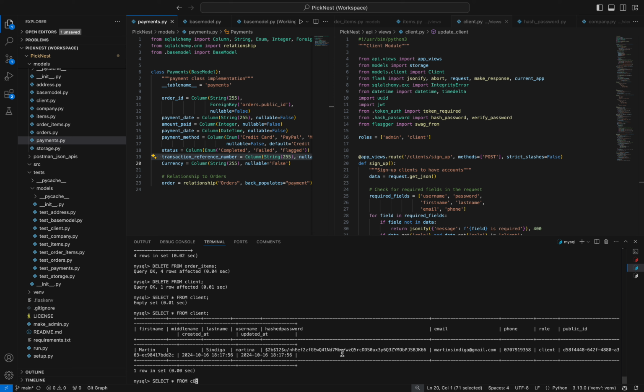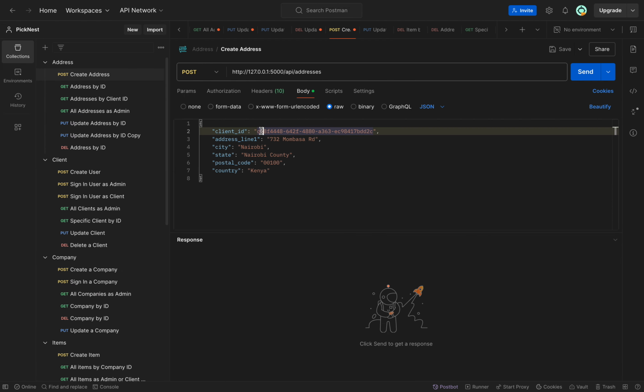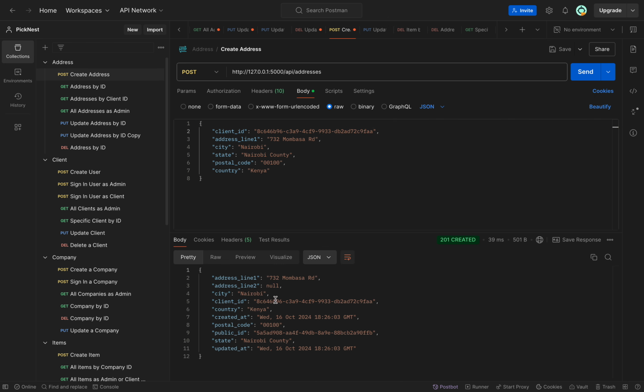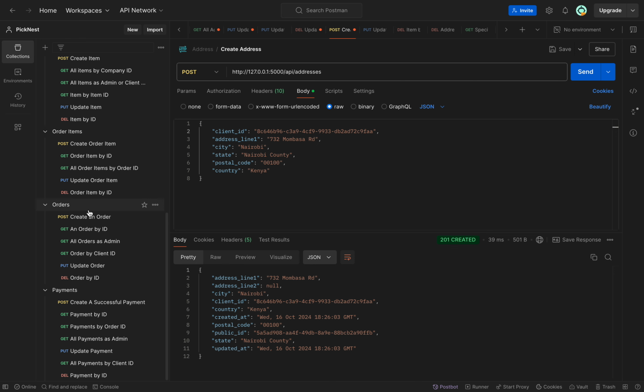MySQL, from clients. Here he is, public ID. This is the one we have copied, paste here, send. It's already created. Now we create an order, a blank order,